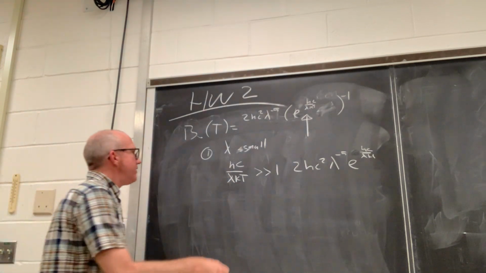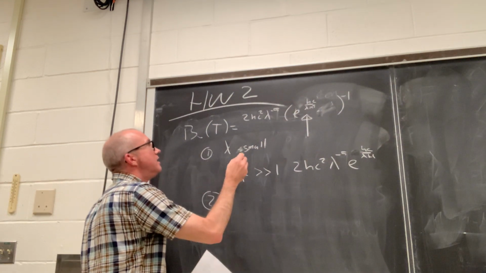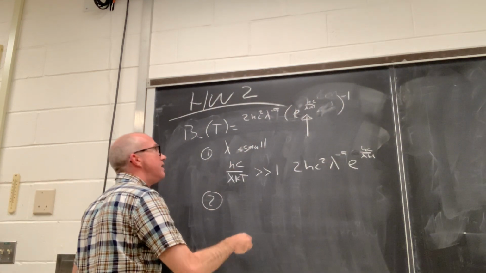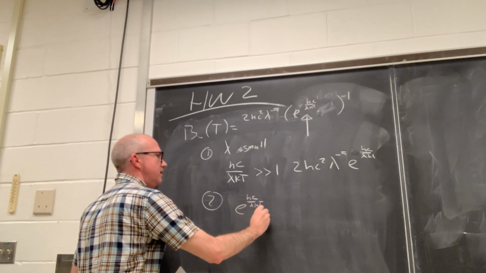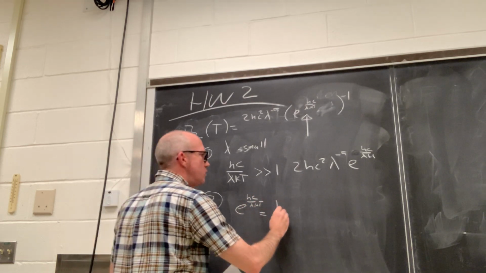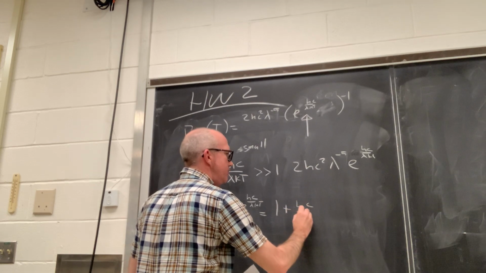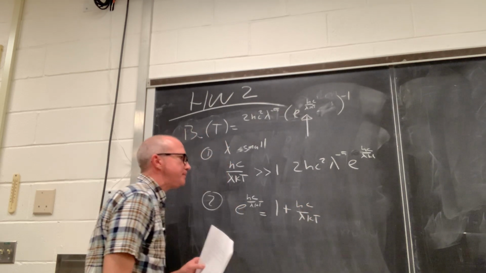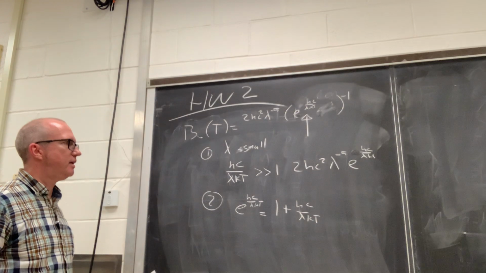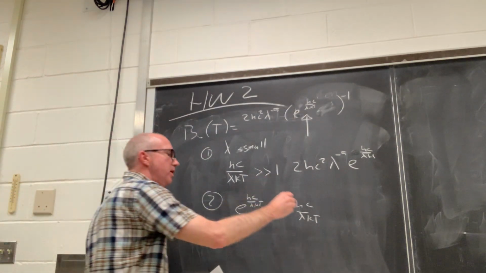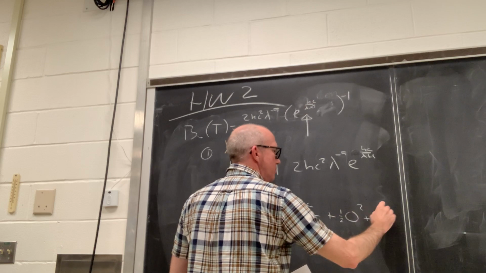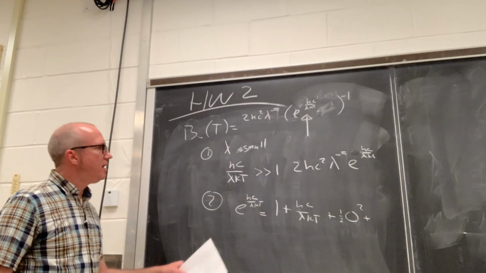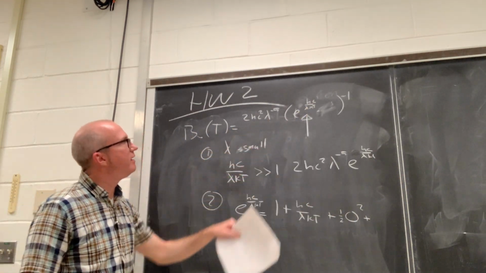And then the second, we say e to the hc over lambda kt. We take the Taylor series of this. This is 1 plus hc over lambda kt, plus that thing squared, plus 1/2, plus other things. And if I plug this into here,